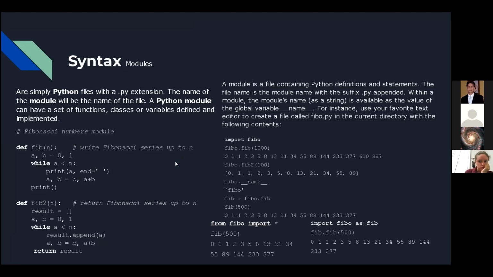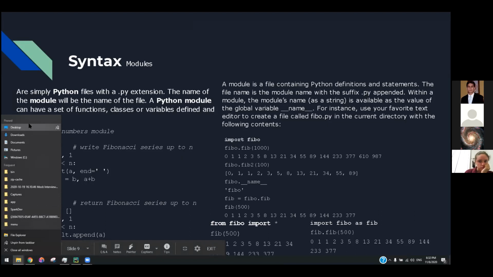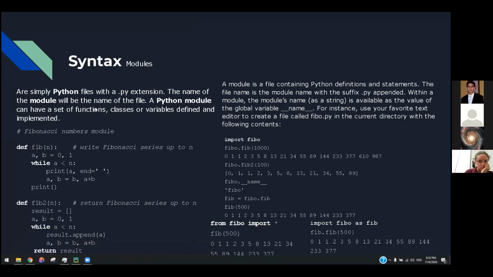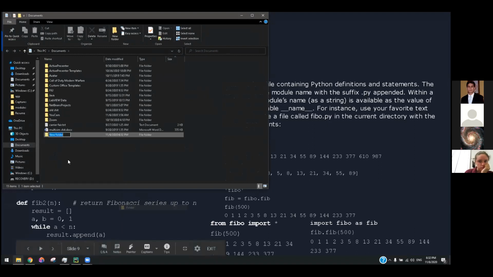You just make a file with the .py extension, and that makes it a Python file. I don't want to show you my desktop, but whatever, I don't have anything to hide. So you just go, and then you create a new folder, whatever.